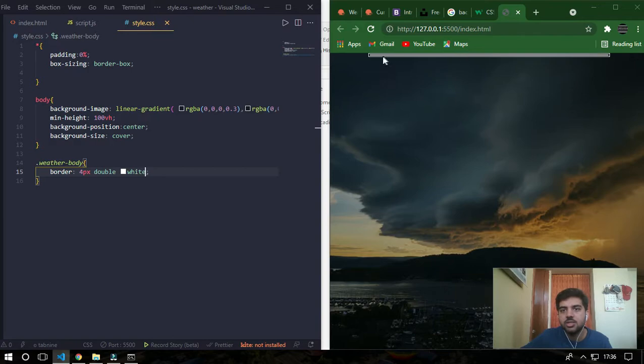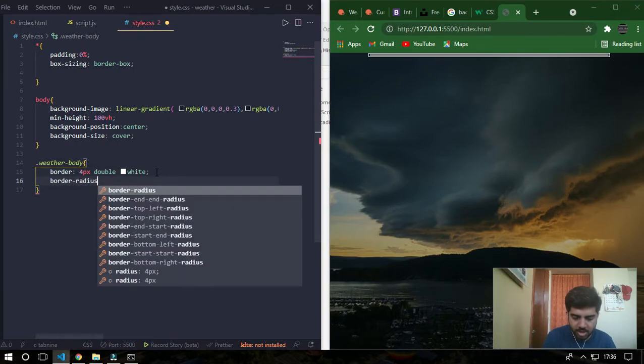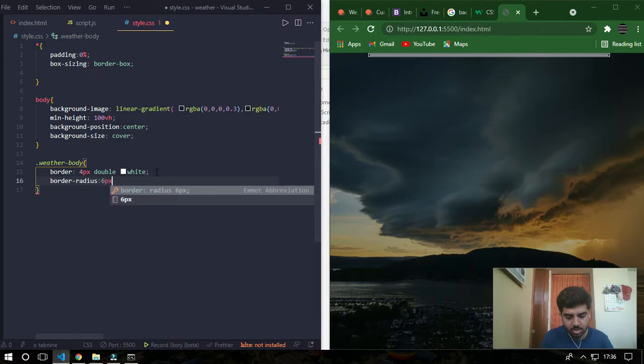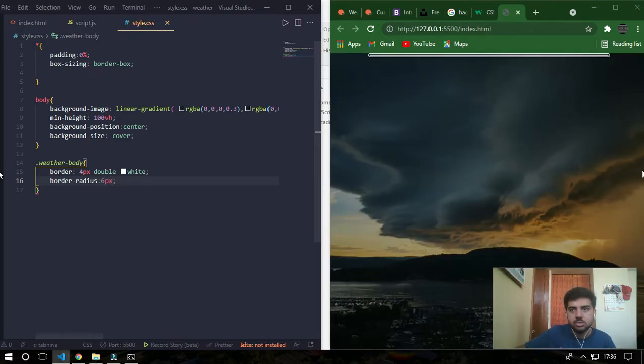You can see that since no content has been filled inside, the top position has been taken by that content. Then border radius, I'll give some 6 pixels or so. Yes, that's cool.